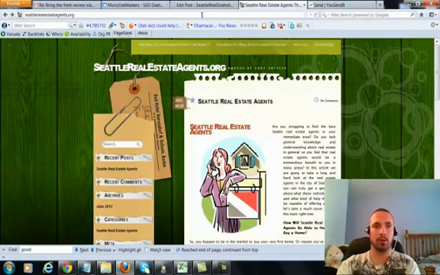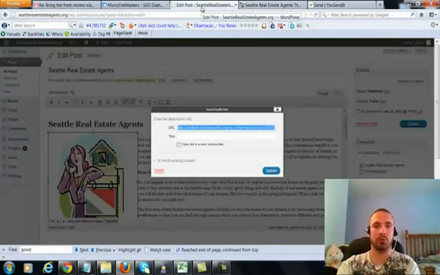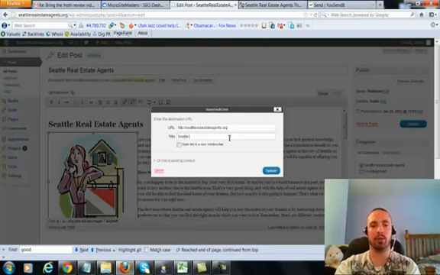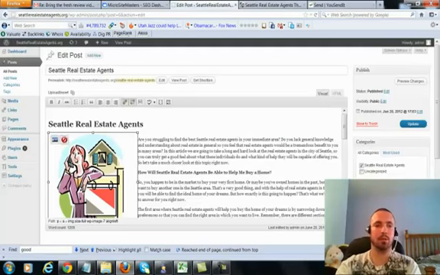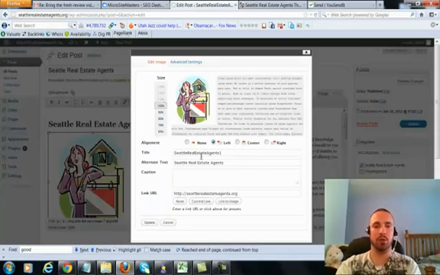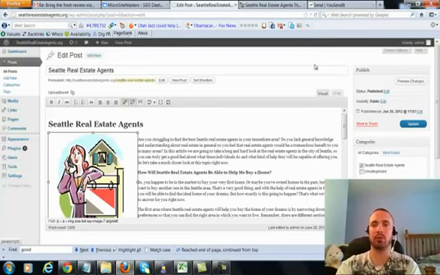I'm going to copy my URL here to make sure it's the right URL, paste it in, delete the backslash, and I'm going to type in my main keyword. Alright, I'm going to update. I'm going to make sure my image alt text is in there, so I'm going to do edit image, and my image alt text is in there, it's my keyword. So I'll close that, don't need to update my image alt text because it was already in there, and I'll update my page.